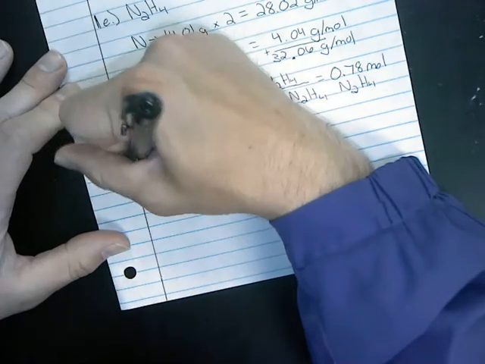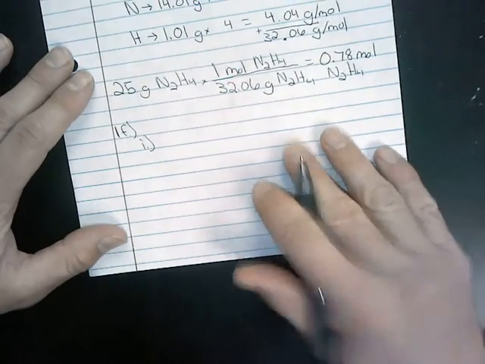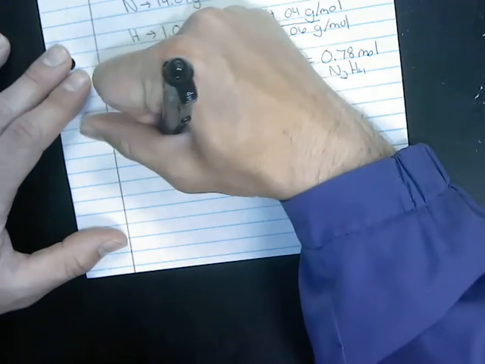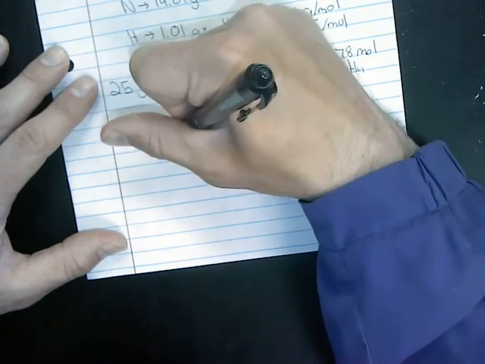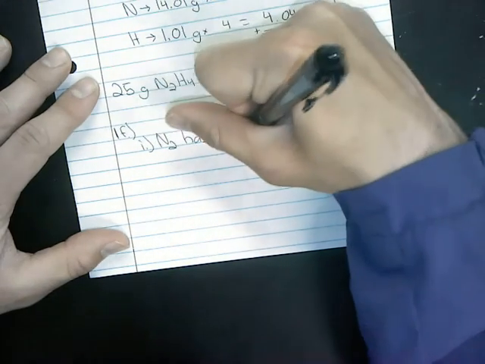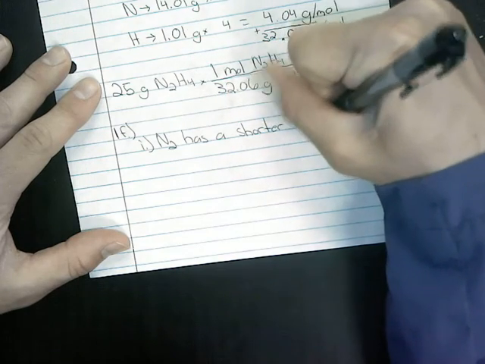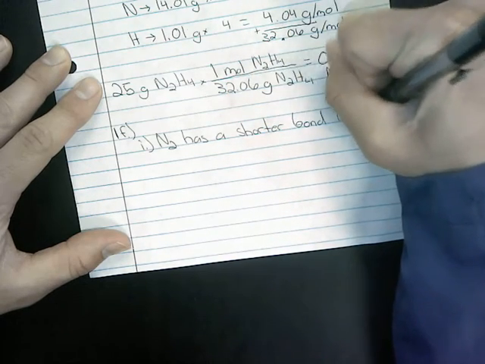But this here is 1F and letter I. And so how we answer this is this. N2 has a shorter bond length than